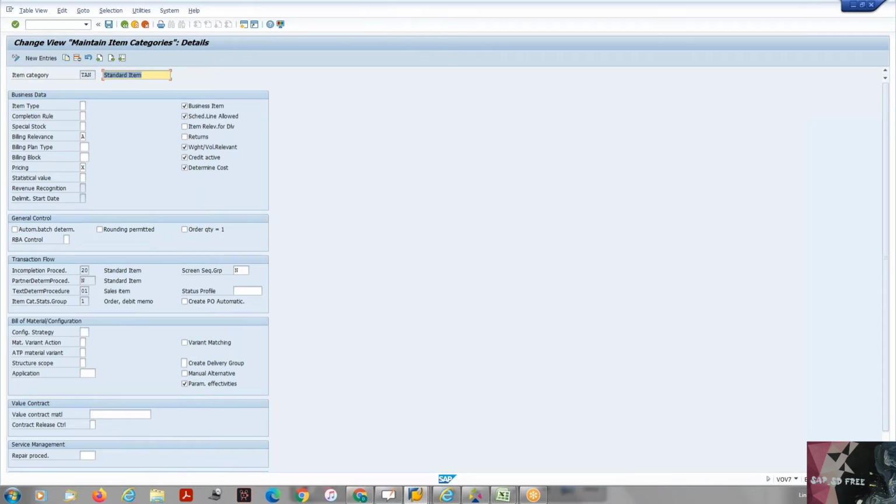Okay, right. So again, schedule lines allowed will have a relationship with billing relevance, but we'll talk about it later. The next thing that you have here is special stock. What is a special stock? Special stock controls whether the stock should be considered by the system during the delivery, or whether it has to be considered as a